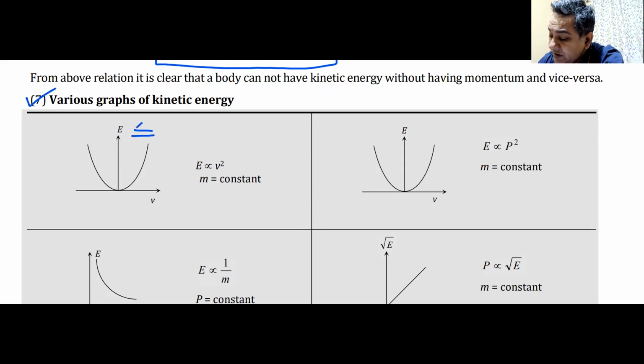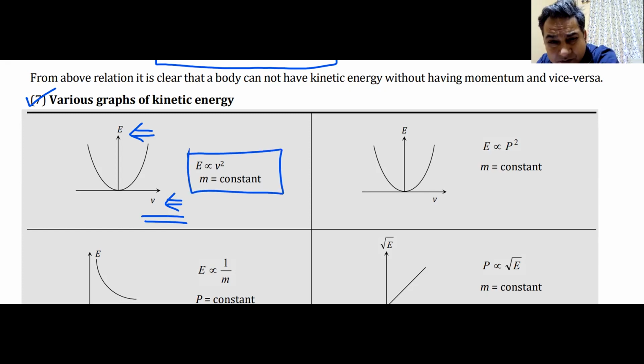Here they have plotted kinetic energy as E, and velocity as V. As you can see, the graph is a parabolic graph. Kinetic energy is directly proportional to V squared. Kinetic energy is always positive because it is half mv squared. So this is how the graph looks for the kinetic energy. Here they have given velocity as negative. When they say velocity negative, they are probably referring to the direction of velocity.